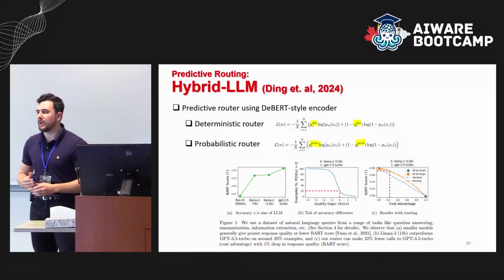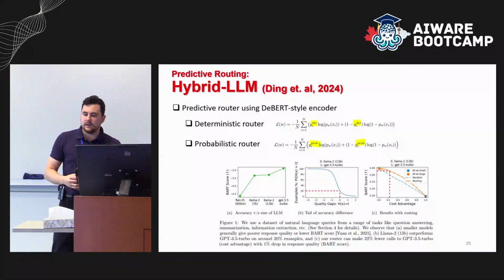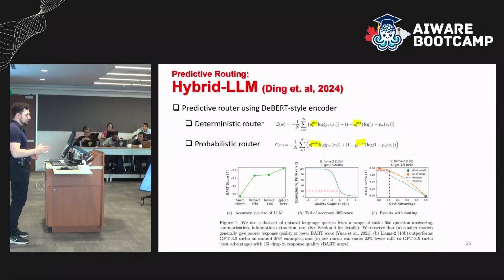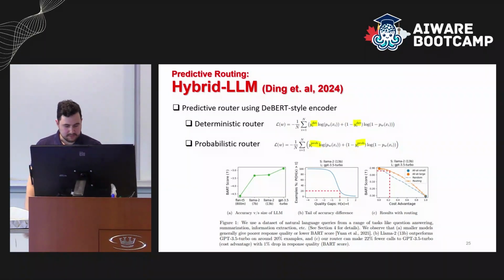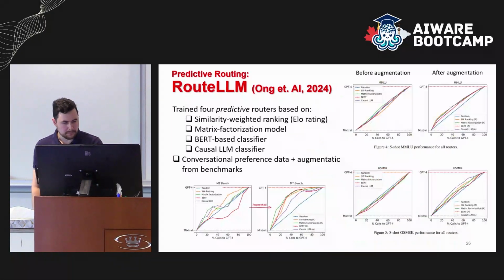So one of them can be like, okay, only use this one, don't use anything else. These are usually called one-hot encoded. The probabilistic one usually says, okay, there's a probability for this query, let's say a 20% chance that it should go to this one, and an 80% chance it goes to the other one. So at the end of the day, it's the same kind of solution. But once again, we're training some kind of model to give us the final label for where the query should go. And in this paper, one important thing to note is that they're using BARTScore, and we'll come back to it very soon, but that's just one thing to remember.